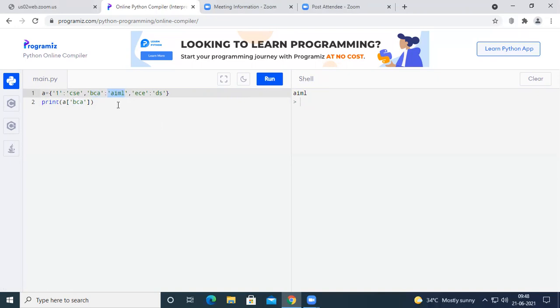This is how we generally access the values in a dictionary. These are all basic things, already covered while discussing data types in Python. Now let us have a look at some of the functions which can be used along with the dictionary.